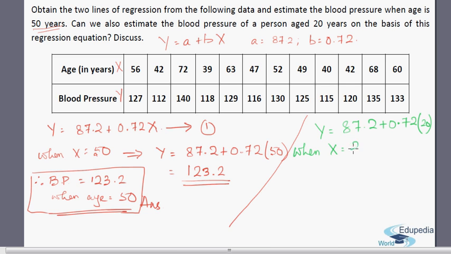When you calculate this equation, it will be equal to 101.6,